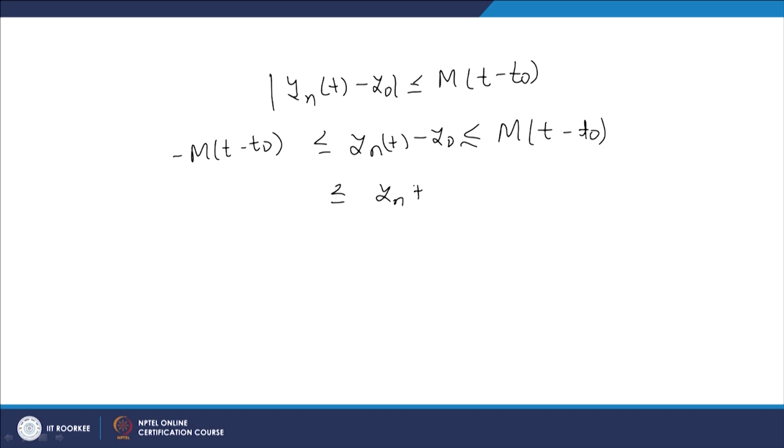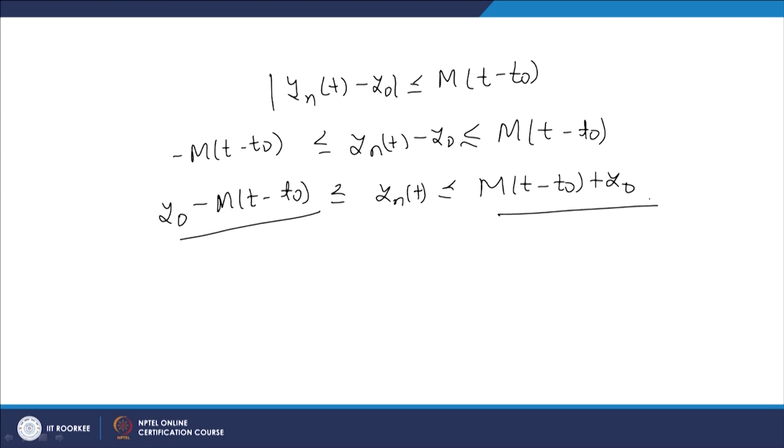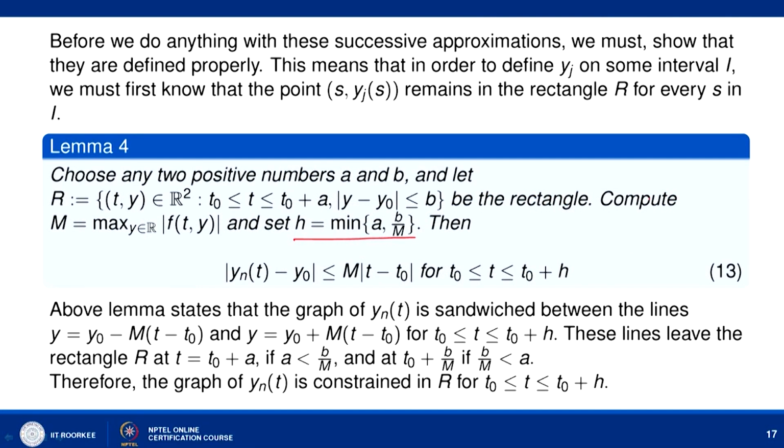So, y(t) lies between y_0 plus M(t minus t_0), and here it is y_0 minus M(t minus t_0). So, we can say that y(t) lies between this line and this line. That is what we wanted to show here, that the graph of y(t) is sandwiched between the lines y equal to y_0 minus M(t minus t_0) and y equal to y_0 plus M(t minus t_0), and this is true for all t between t_0 and t_0 plus h,